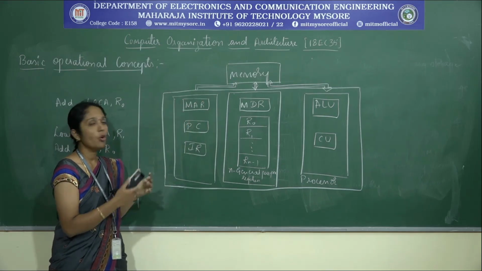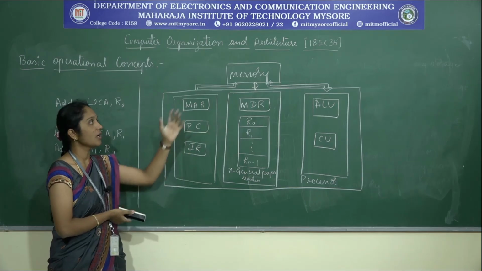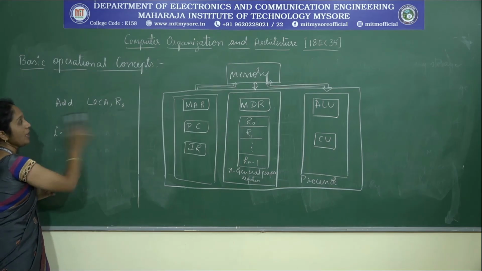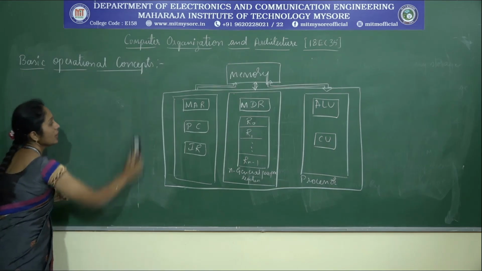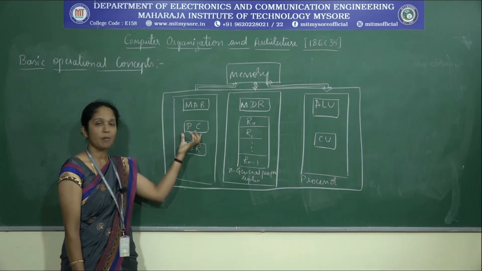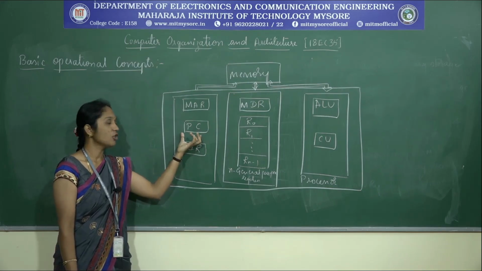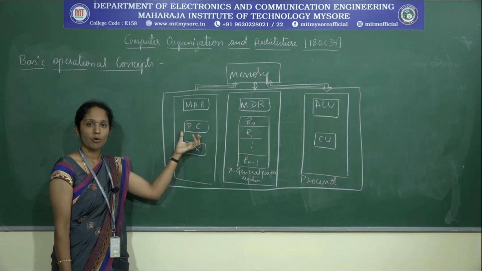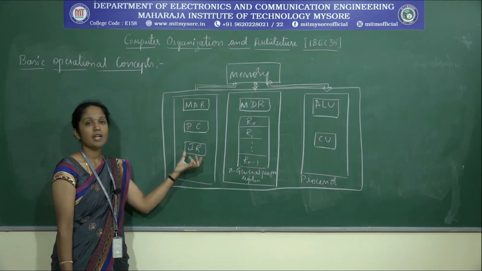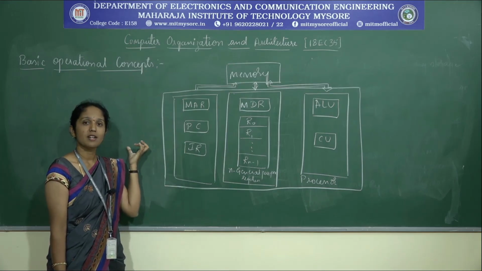Now we will discuss in detail how the communication between these registers and memory happens. If you consider the execution of a program in the computer system, initially the execution is initiated by the program counter. The program counter is set to point to the first instruction of the program which is to be executed and fetched, and the instruction register holds the instruction that is currently being executed, and the result will be available to the control unit in order to generate the control and timing signals